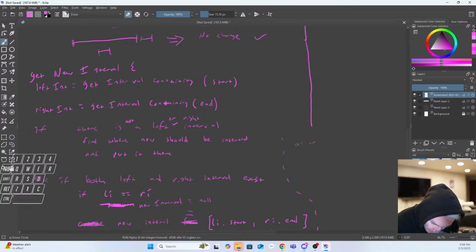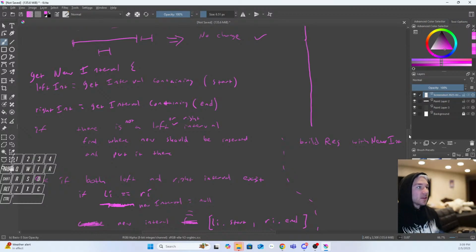Actually, I'm going to call it build result with new interval. Oh man, my handwriting is bad. With new interval, right? So to build the result with my new interval,